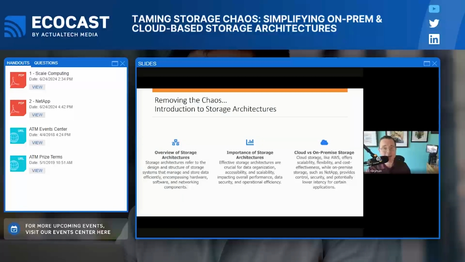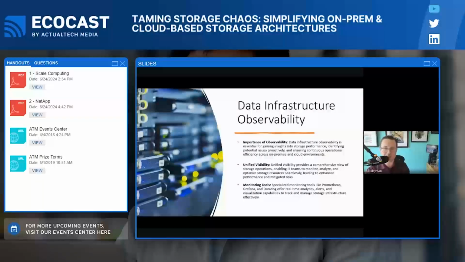Now, in terms of understanding some of the more important features, that's what we're going to be diving into. First, data observability in your infrastructure. You need to know what's happening with your information. You need to know effectively how it's being transited, especially if it's a heterogeneous environment. Now, the last thing you want to experience is what's known as a swivel chair effect, right? Where your administrators have to look at too many screens just to get to one answer. In this case, unified visibility and monitoring tools are going to be really, really critical.